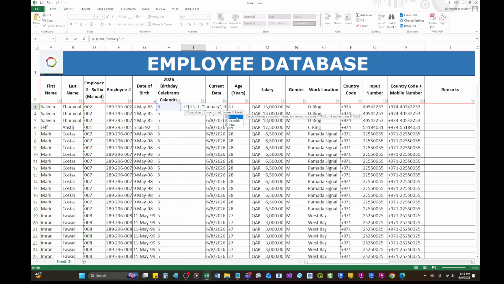If 2 equals 2, it will be February. Let's try this one.